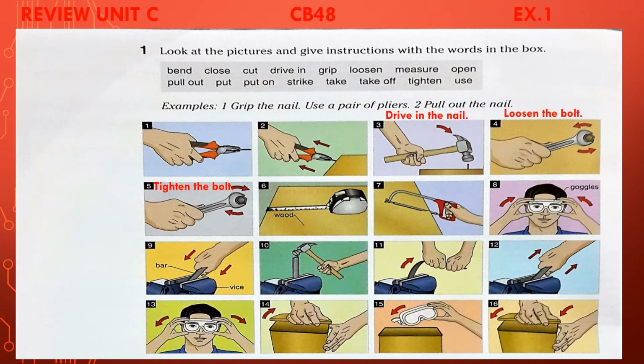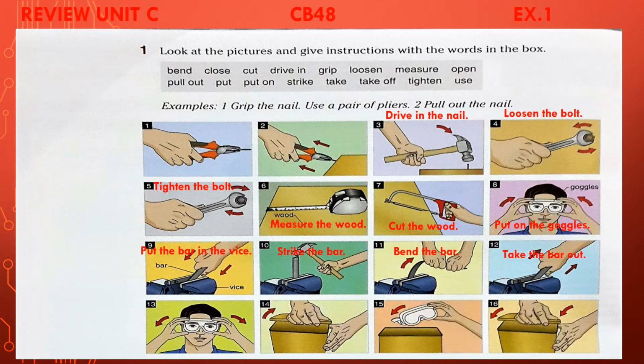Number 6, measure the wood. Number 7, of course, cut the wood. Number 8, put on the goggles. Number 9, put the bar in the vise. Number 10, strike the bar. Number 11, bend the bar. Number 12, take the bar